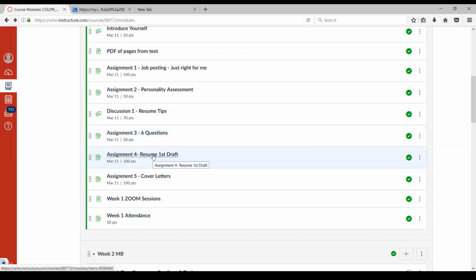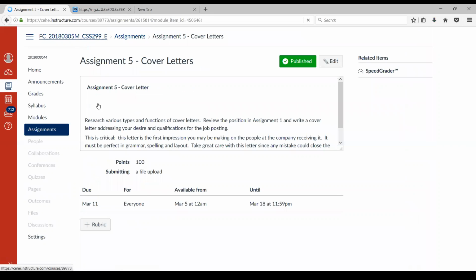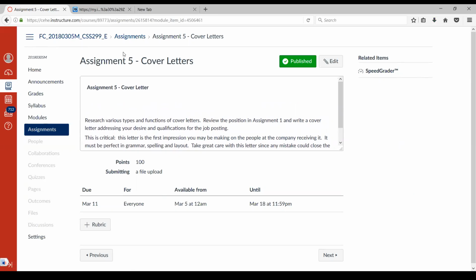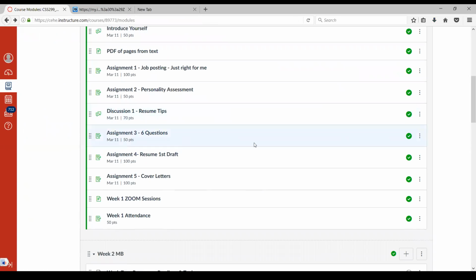As I said, we have a first draft resume, and then we want to talk about cover letters today. Again, a one-page document, and we'll talk a lot more about that. Remember, this is your first draft. This is not meant to be the final, so expect me to make comments. My comments are going to be very much directed toward how I think you can improve it to be the kind of document you want it to be.